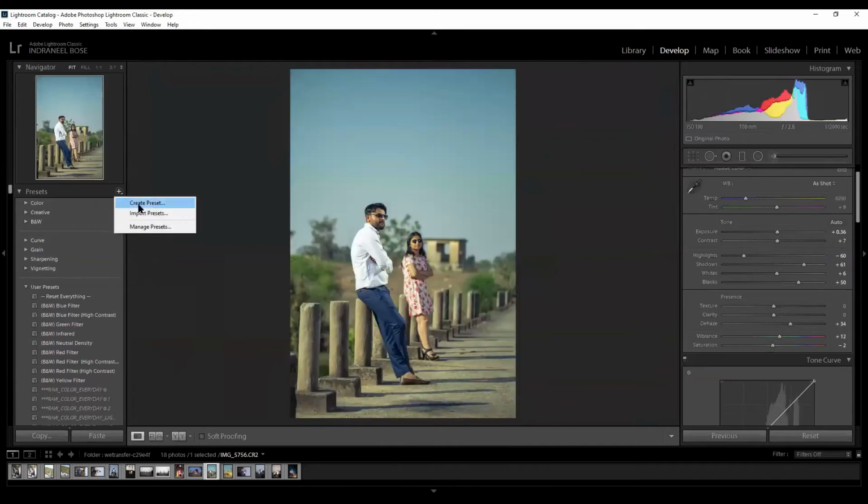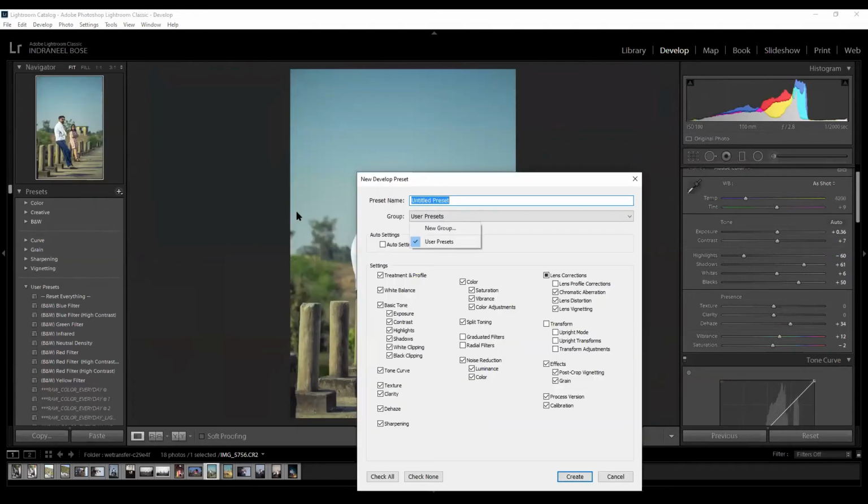I take create. First I name the preset color 1, and I create a new group and name it color class. And I create it.